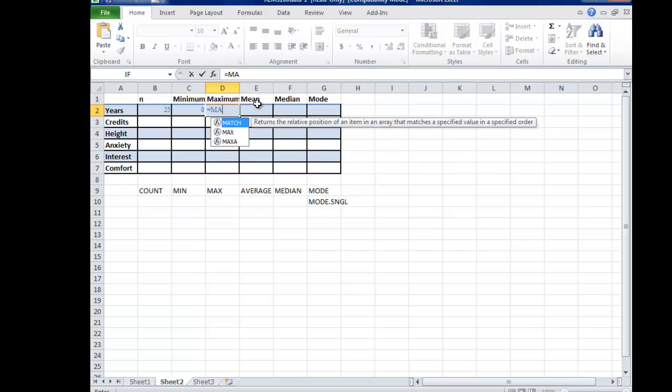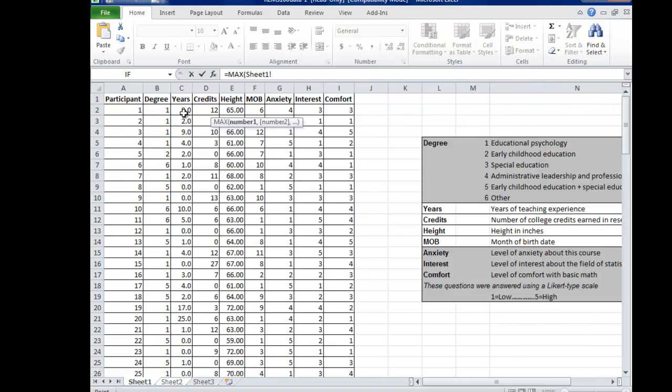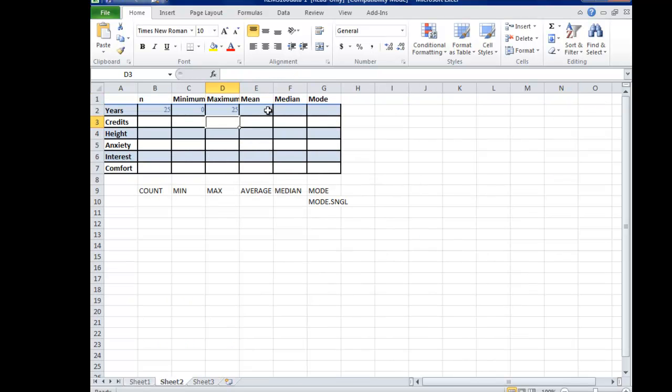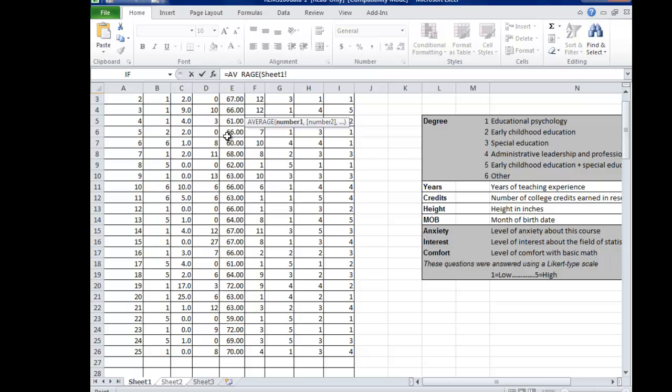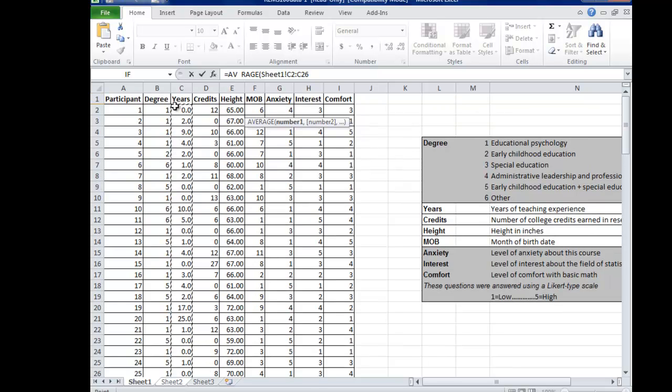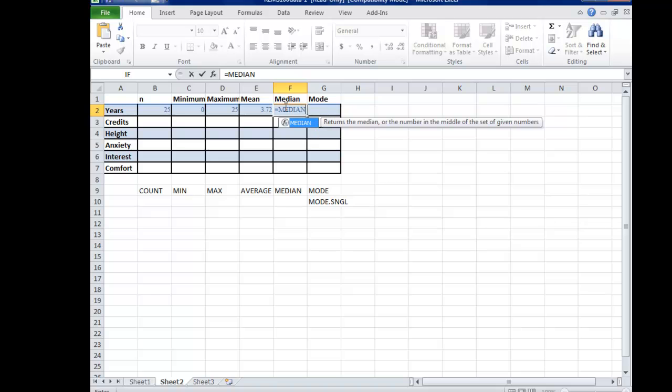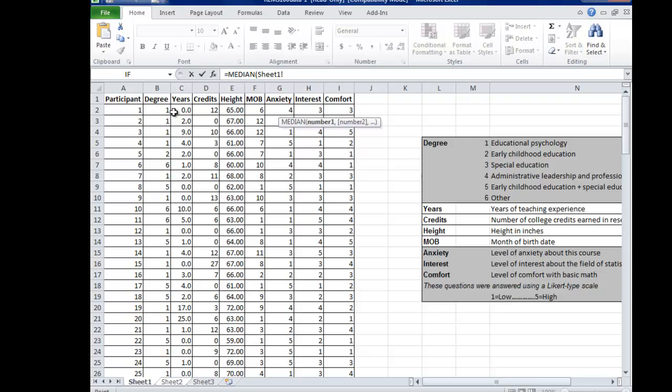Maximum equals max, and back to Sheet 1 again. 25, good. Mean is equals average, and select the years for average, close parentheses, enter. Median equals median, parenthesis, grab it,